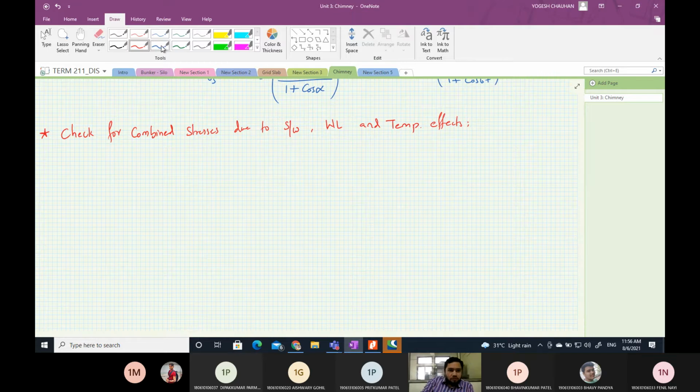So again, we have to consider two cases. First is wind acting on leeward side. We have derived two derivations for wind leeward side as well as for the windward side. So first we consider the leeward side. Now from our earlier calculation, Tc is equal to 400 mm, Ts is equal to 4 mm, then